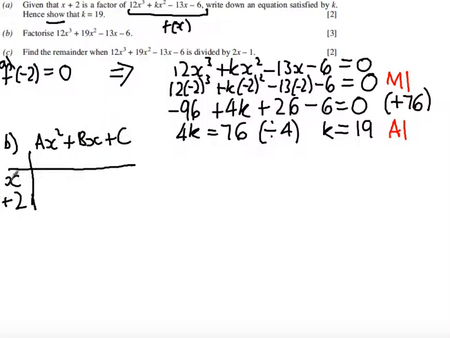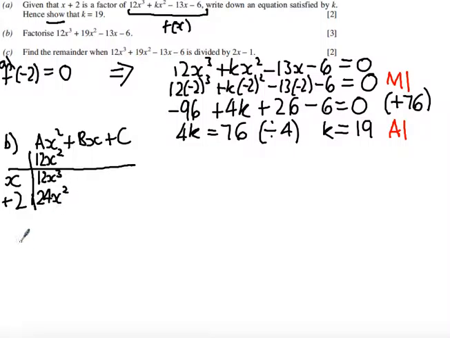So if I consider multiplying x plus 2 out with some sort of quadratic to get our cubic, what I know is the 12x cubed must come from x times ax squared. So this term here must be 12x cubed. And so x must multiply with 12x squared. Otherwise I can't get the 12x cubed. That means I can fill in this column because 12x squared times 2 is 24x